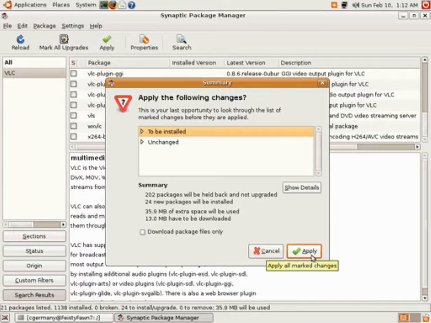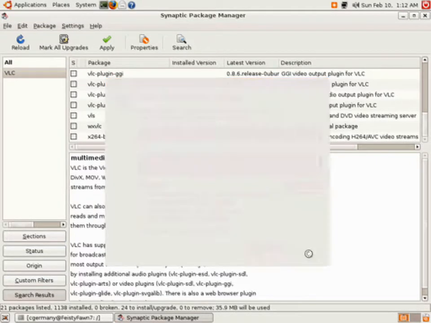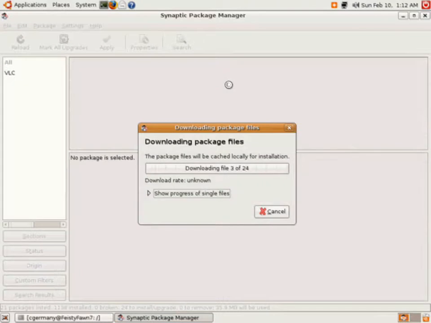And 24 new packages. Let's go ahead and do that. That'll give us DVD player, media player. Lots of, just lots of multimedia versatility there. And while that's downloading,